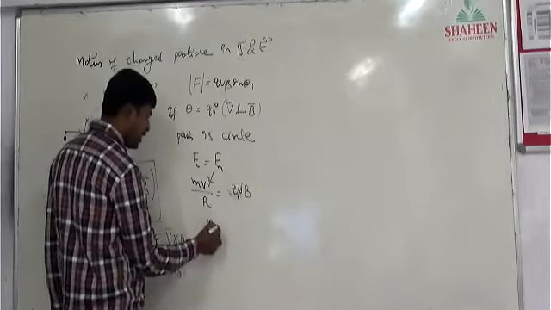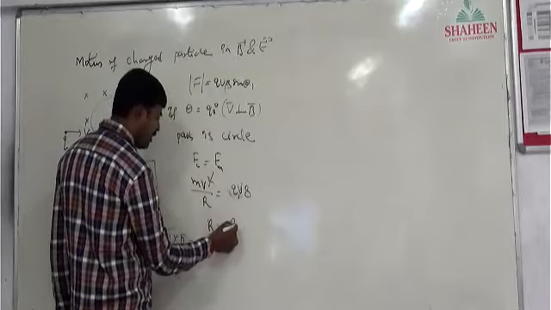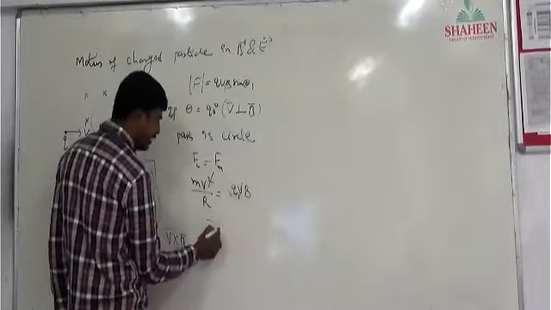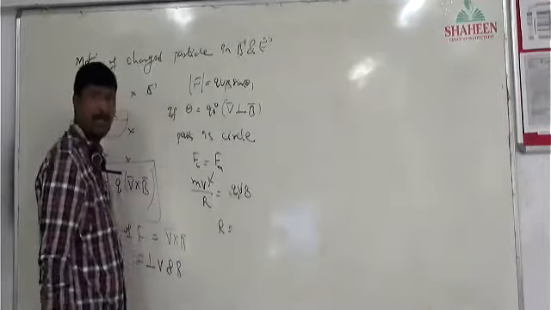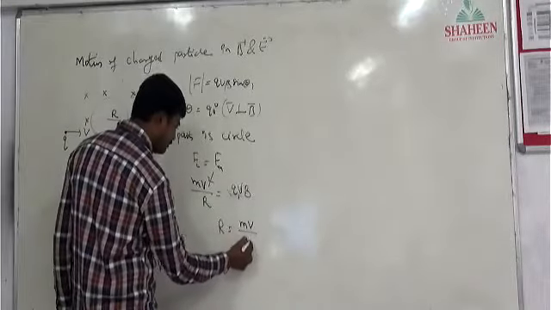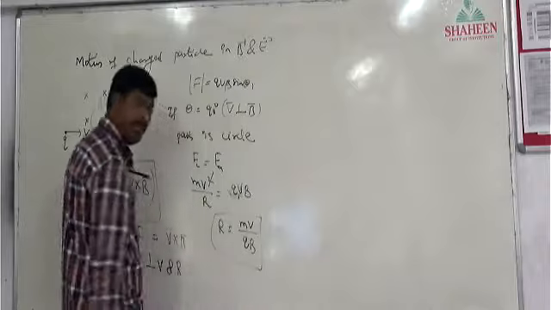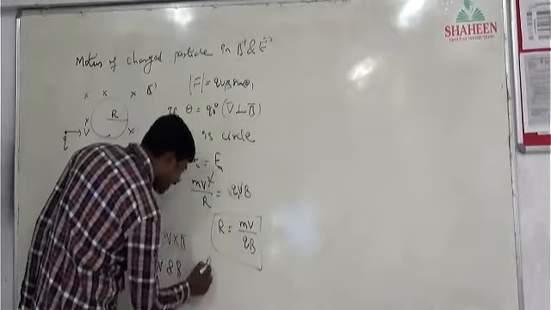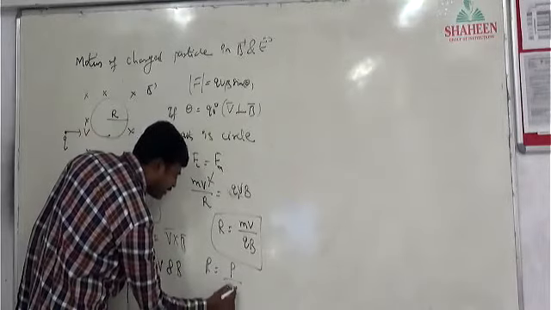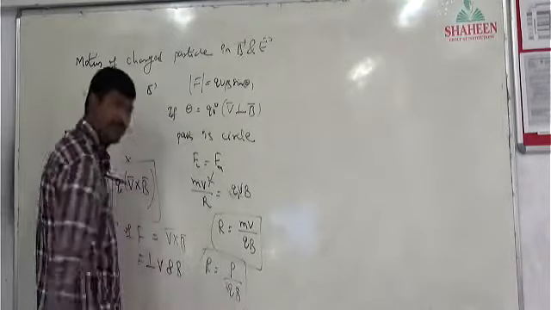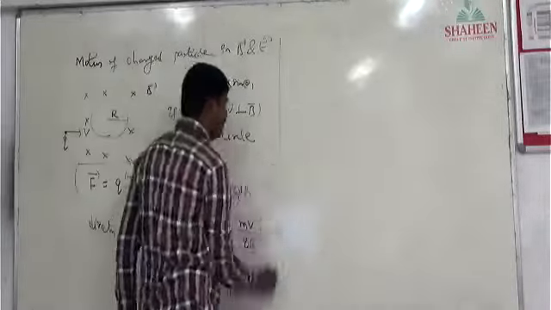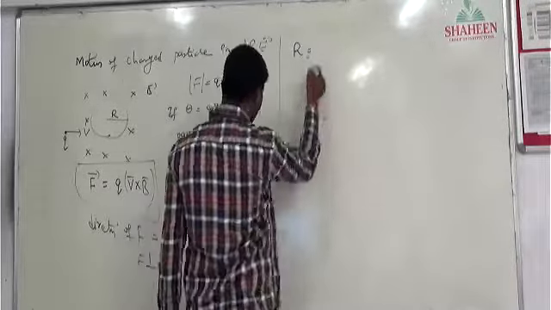So r can be written as, sorry, r will go to this side and QB will come down. So directly, the radius of the circular path followed by the particle in a magnetic field is mv by QB. Or you can write r as momentum by QB also.